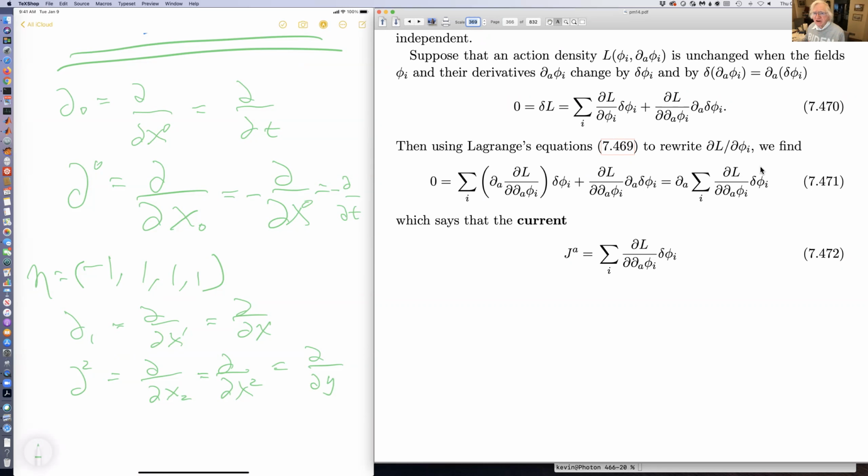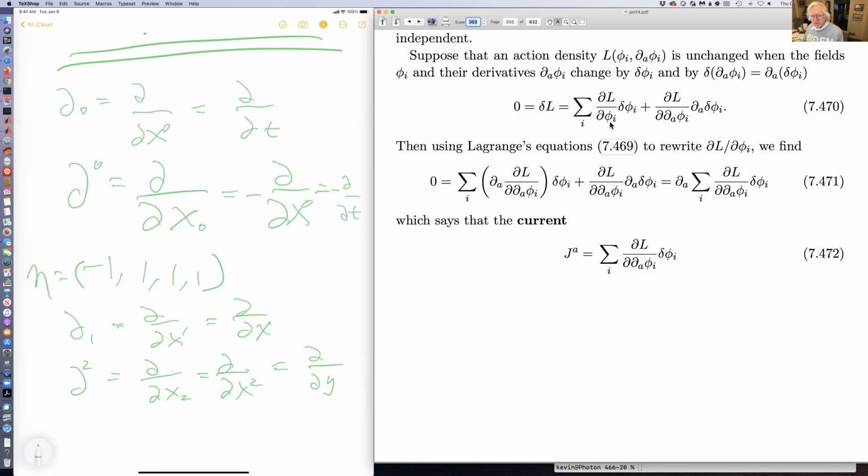So suppose you have an action density that's unchanged when the fields change by delta phi and by d_A delta phi. In other words, this quantity here is zero. Then what we can do is rewrite this first term using Lagrange's equations, because we know that